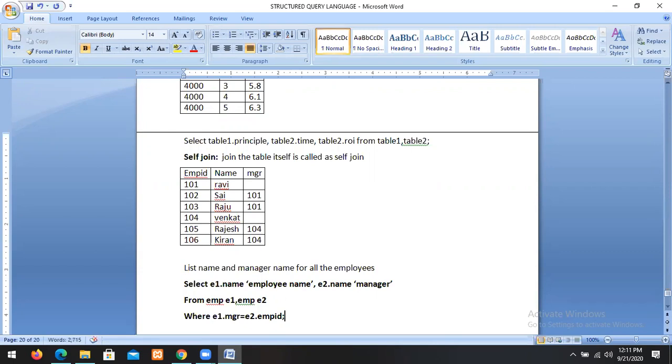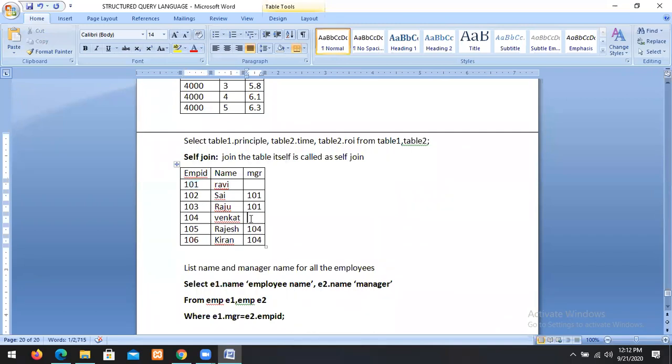Here, what is E1.mgr? For the first row there is no manager, so that row will not be selected. If you go to the second row, E1.mgr is 101. So this will be joined with 101, and then Ravi will be printed. Again, this row is joined with 101, so Ravi will be printed.